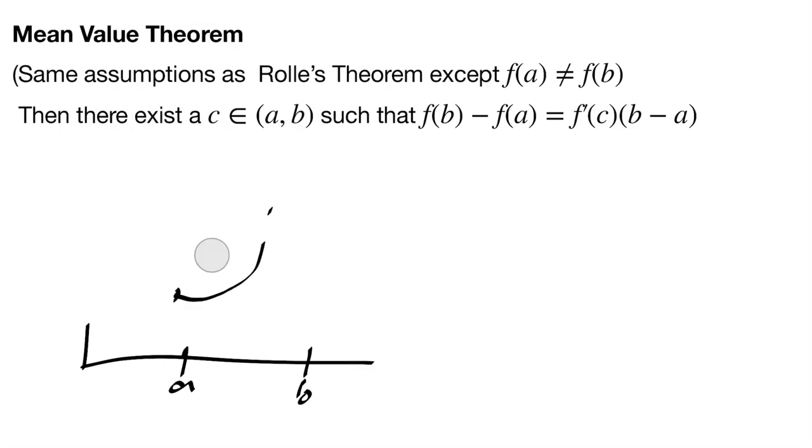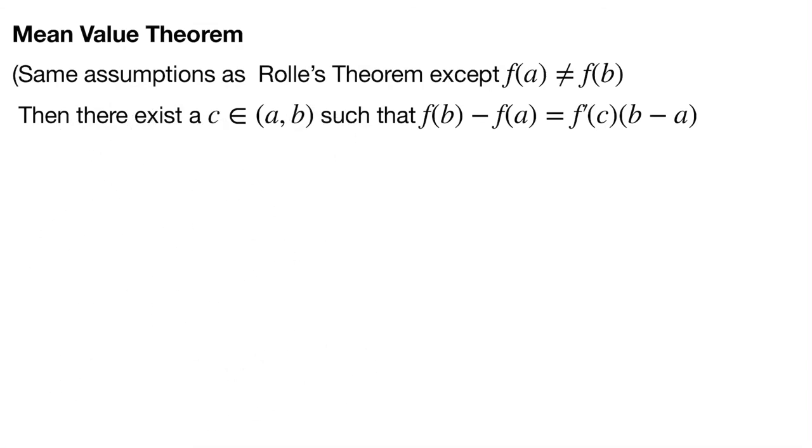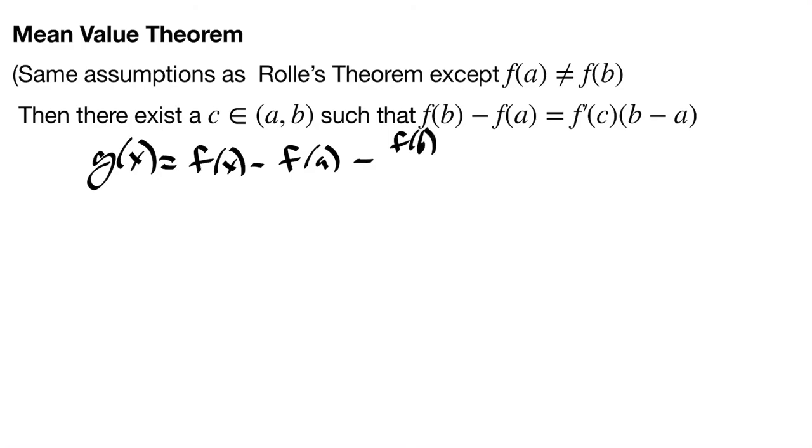Okay, so let's get to proving this thing, because that's what we really want to do. Proving this is actually quite simple, because all we have to do is use Rolle's theorem. We just have to use it with the right function. So I'm going to let the function g of x be f of x minus f of a minus f of b minus f of a over b minus a